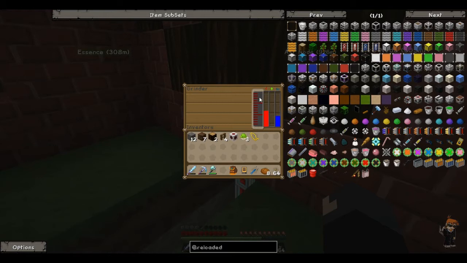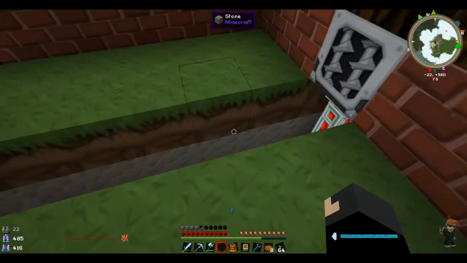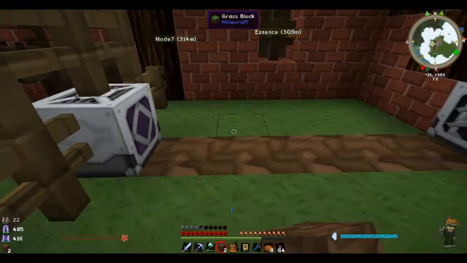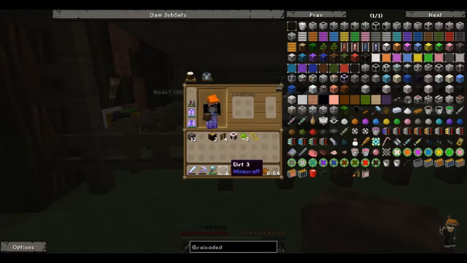Inside this grinder as well, this is where the mob essence comes from. Now we need to somehow farm this. I'm not sure whether I want to. I don't know. I'll just rearrange it off camera. There you go. It is now powering up, ready to kill. Hopefully it doesn't kill behind it. I think it just kills in front of it. So that should just...